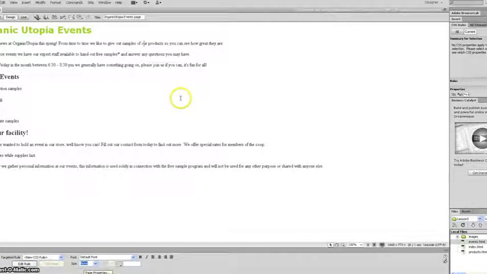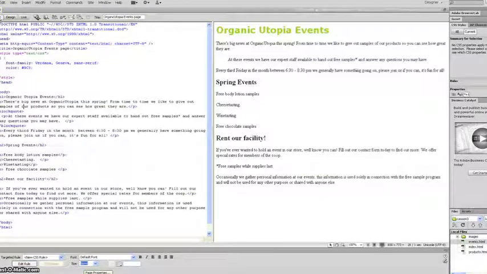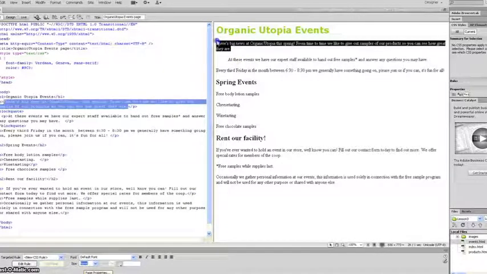Okay, let's start this section off with moving your cursor to the first paragraph. Now what we want to do is look at the code that just generates. So we're going to go into split mode by pressing the split button here. Now I want to go ahead and select this paragraph here, and either I can drag my mouse cursor there